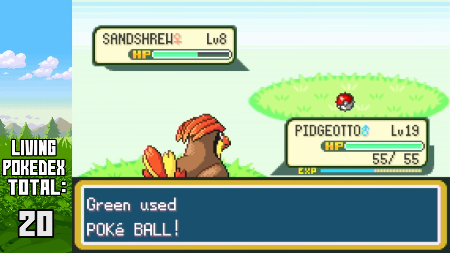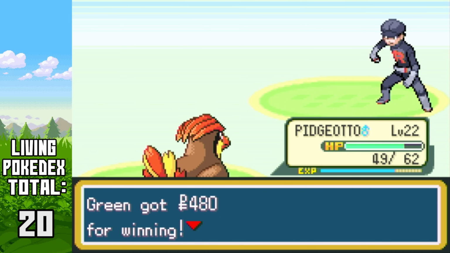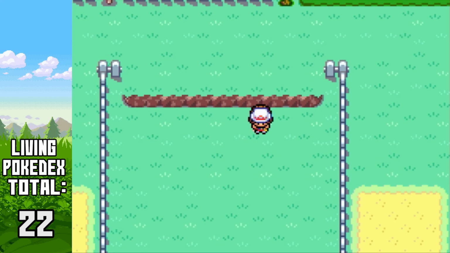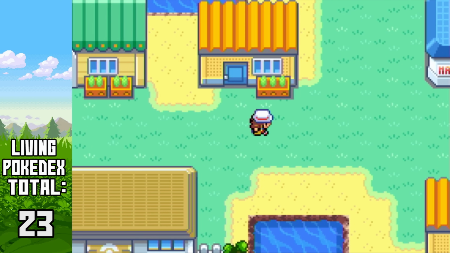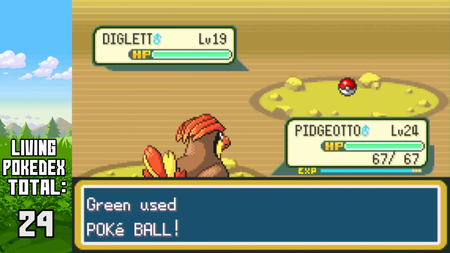Continuing on to Route 4, Green caught a Sandshrew, and after defeating all the trainers on the Nugget Bridge, Green was able to access Route 24, where she caught a Bellsprout and an Abra. After helping Bill, Green made her way towards Vermilion City, and as she was passing through Route 5, she caught a Meowth. After arriving in Vermilion City, Green went east into Diglett's Cave, where she caught a Diglett and Dugtrio,